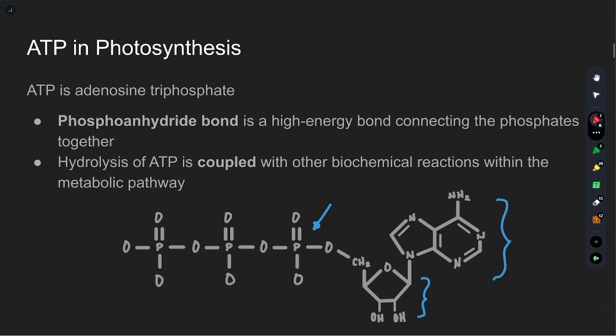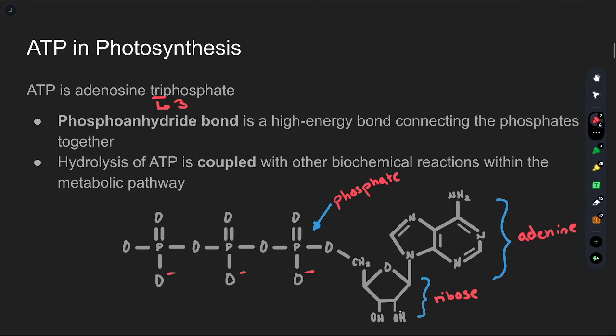Another thing to know is ATP. We saw this in respiration and fermentation as well. ATP is adenosine triphosphate, and this is what it looks like. This entire compound is ATP, and it has phosphate groups. Adenosine triphosphate has 3 phosphate groups, tri, meaning 3, right? And it also has adenine, which is our nitrogenous base, and this is ribose, a sugar with 2 OH